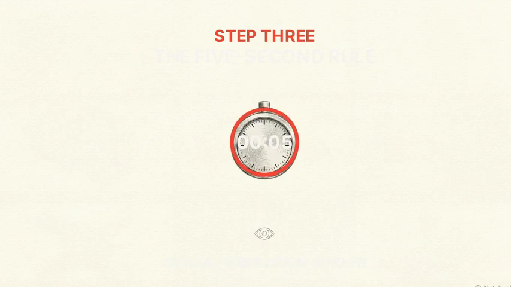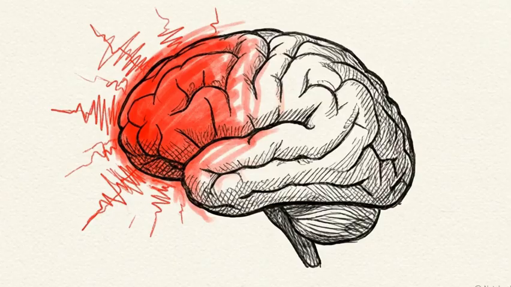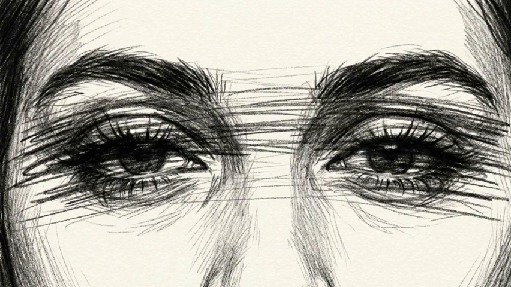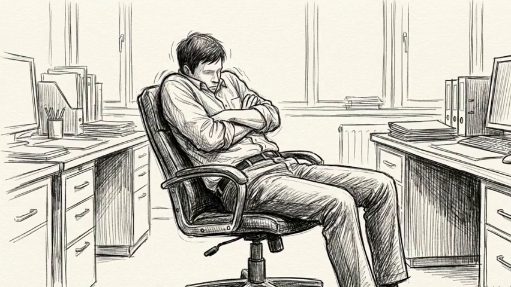Step 3 is the 5-second rule. After you ask your question, stay entirely quiet. For exactly 5 seconds, watch them like a hawk. In this window, their brain is panicking to form a response. Look for a sudden physical freeze, a dramatic spike in their blink rate, or a sharp shift away from the